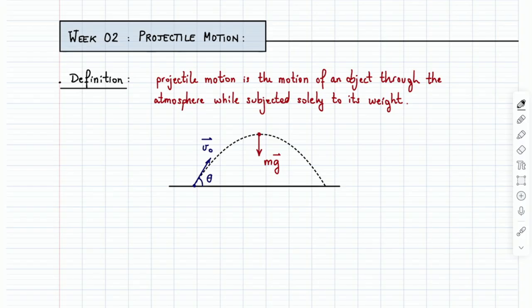Now what you can't have, just to maybe explain a little bit what we mean by being subjected solely to the weight force, is you can't have, let's say, a rocket that has a thrust force F thrust. Okay? You can't have an object that undergoes air resistance. So we neglect air resistance typically in this class anyway, but you can't have air resistance F going this way, or you can't have a parachute, okay, force of parachute that's kind of breaking the fall there. None of that is okay.